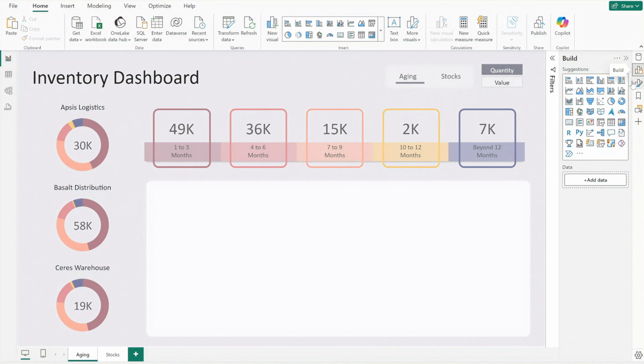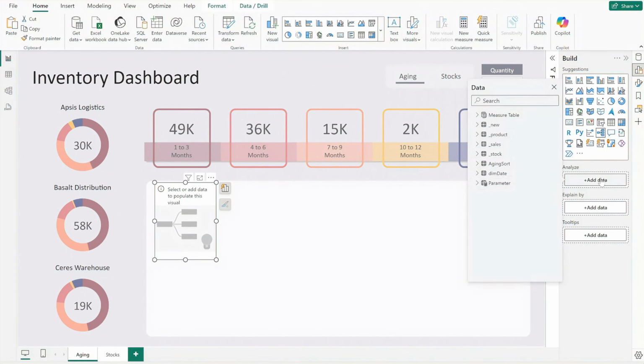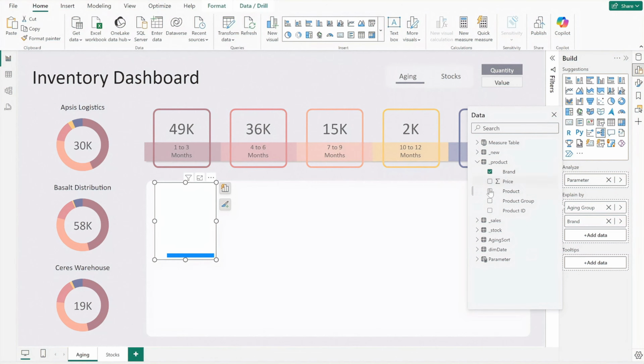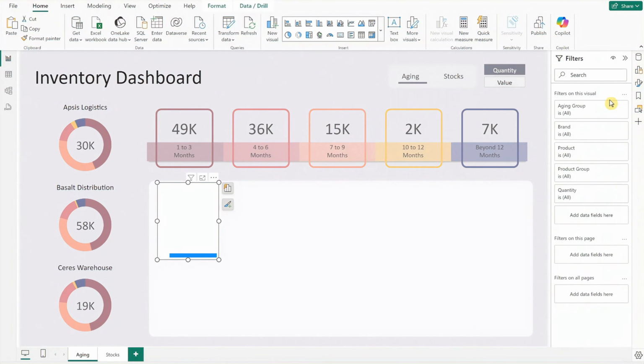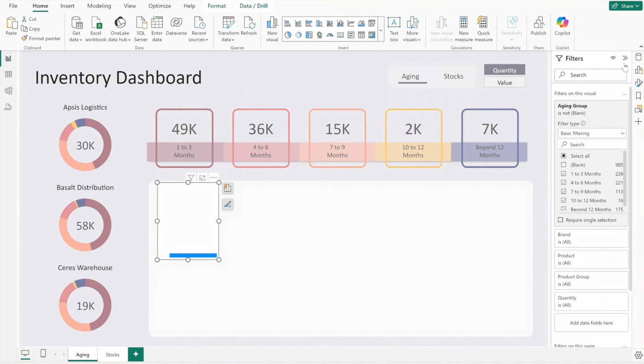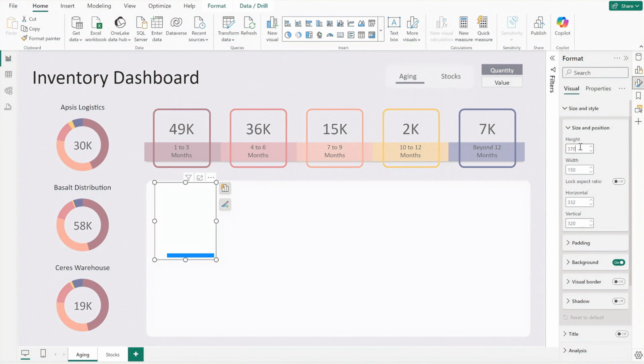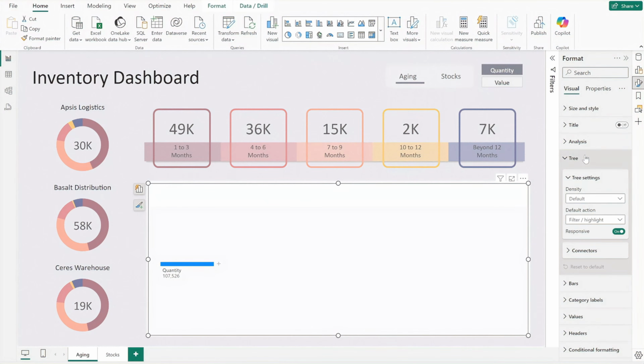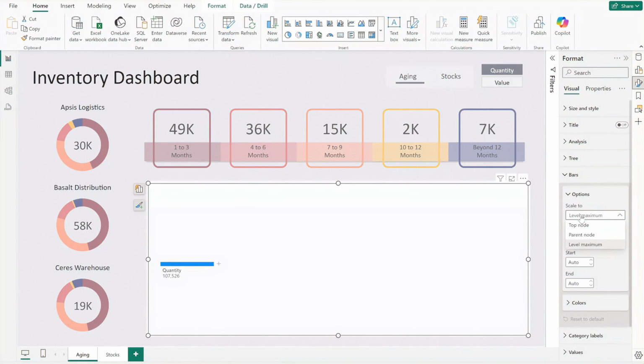Moving on to the next chart, insert a decomposition tree, add parameter to analyze, and for explain by, add fields like aging group, brand, and product. Filter out blanks for aging group and format the chart. For the decomposition chart, adjust the settings and customize the colors of the connectors and